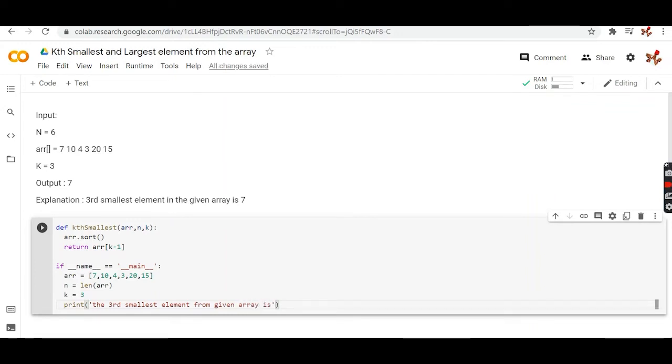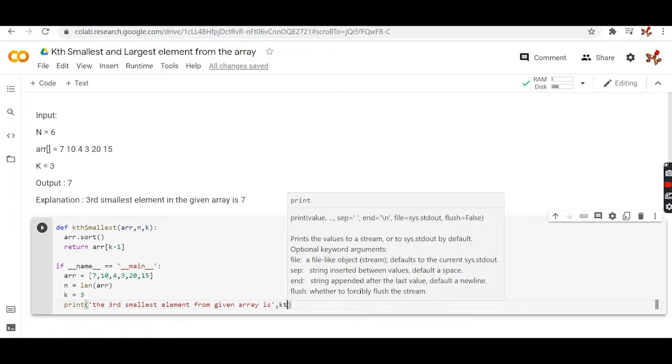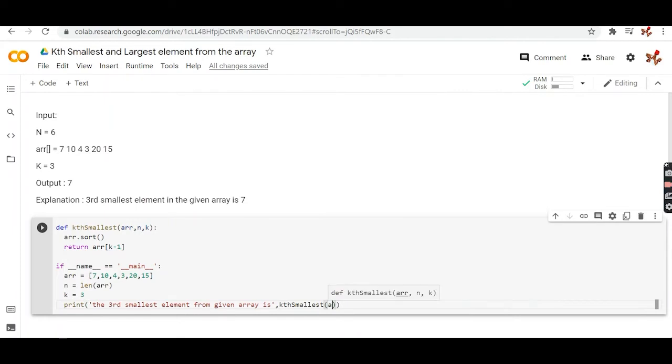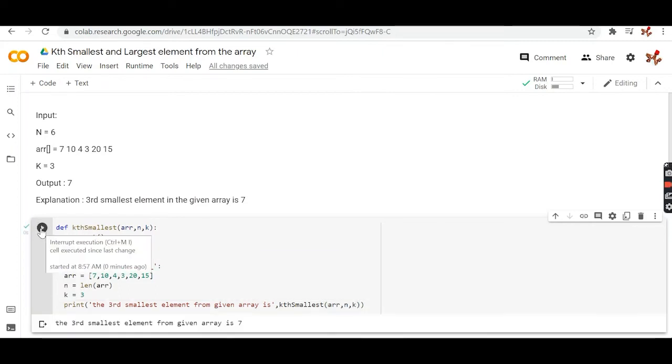So here I am passing the argument, that is kth smallest. Yeah, so let's just check this with this code. The third smallest element from the given array is 7, hence our coding part is correct.